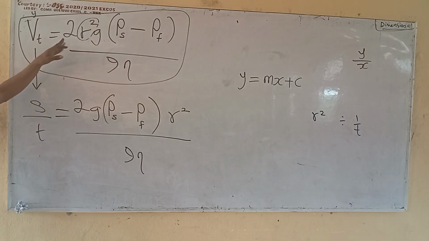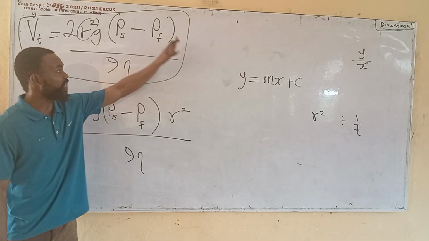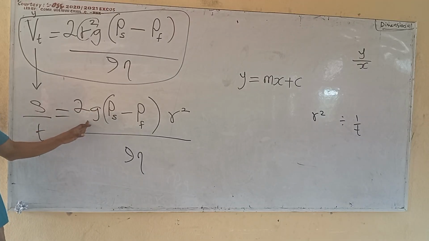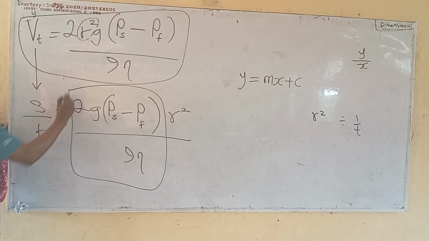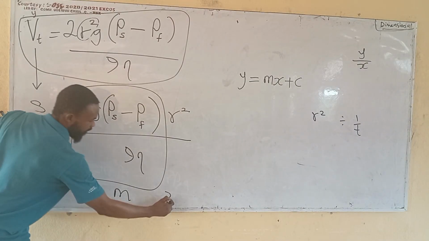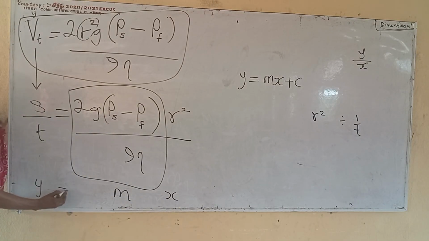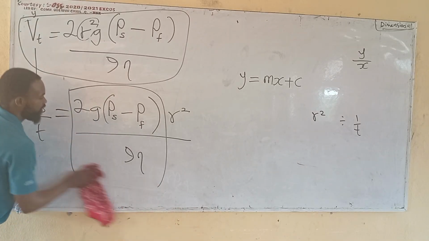So let's see. I put r squared one side, and put everything else on the same side. So I'm now having, if I'm comparing this to the equation of a straight line, this is something that's saying mx. Then y equals, but I notice the way, because we're on camera, most of the time the things we do here will include both the one others are doing and the one we want to do. So that setup we must adapt to. To adapt to it simply means I will now do